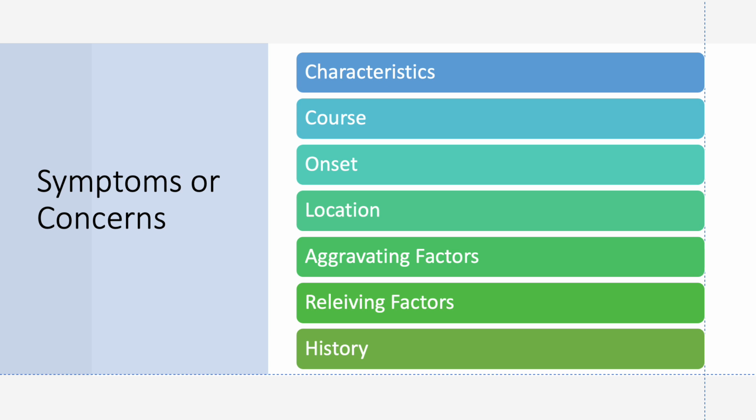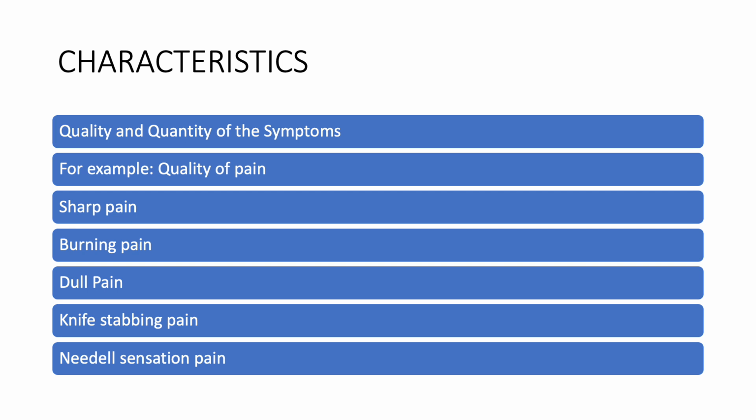And then the next question is symptoms or concern. We need to focus on symptoms. What is the characteristic of the symptoms? What is the course? What is the onset? What is the location? What makes it worse, the aggravating factor? What makes it better, the relieving factor? And what is the history? The next question is